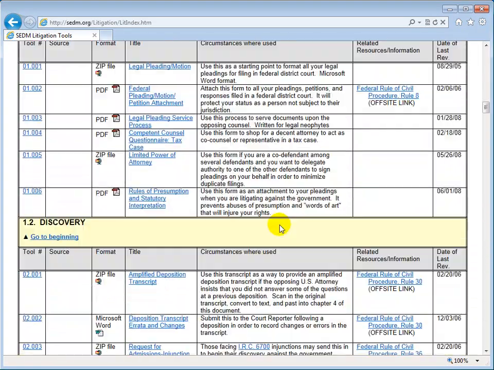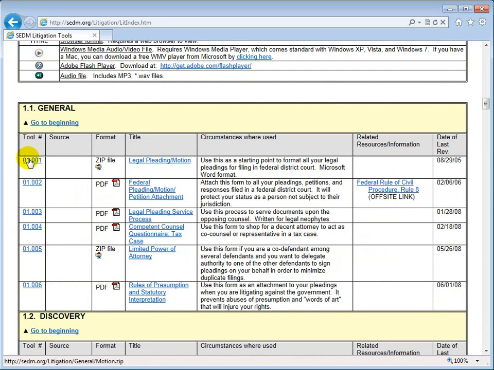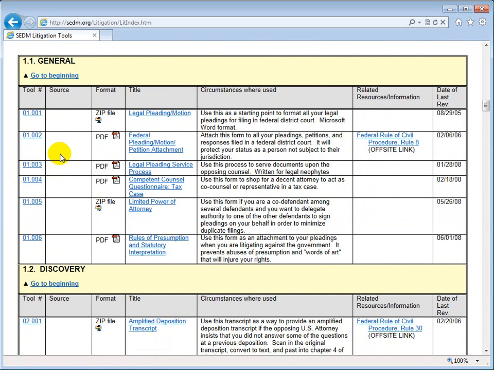So if we come down here, we can see that there are several columns. We have the litigation tool number in the first column. We have the source in the second column. The source identifies where the item comes from, and there are 4 different possibilities that could be in this column. If the column is blank, that means it's a general purpose public form that's available to everybody, whether they're members